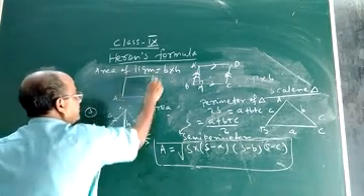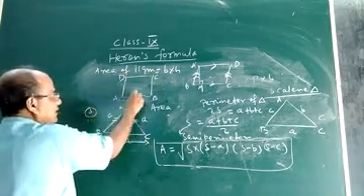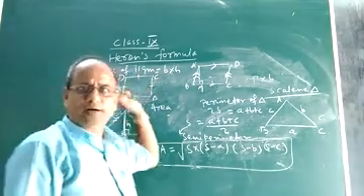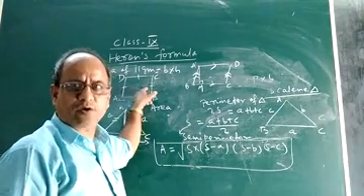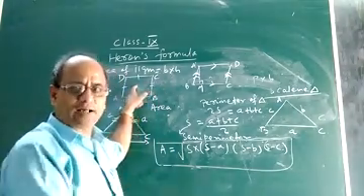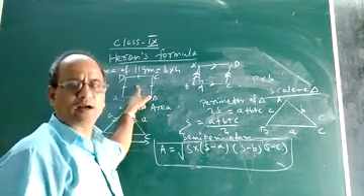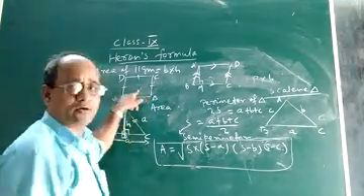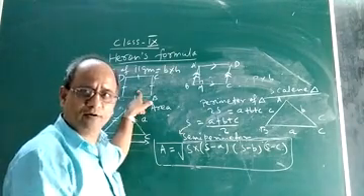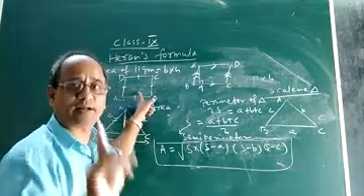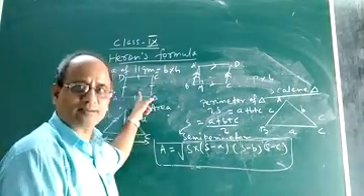Suppose A, B, C, D. Look at this quadrilateral. It is a rhombus. Why do we call it a rhombus? You know it, in class 8 it was there. What is a rhombus and how to find area, etc. Everything was there in class 8 and 7 also. See, a quadrilateral is a rhombus if what? It is a parallelogram. First condition is it should be a parallelogram. Second condition, one pair of adjacent sides equal.